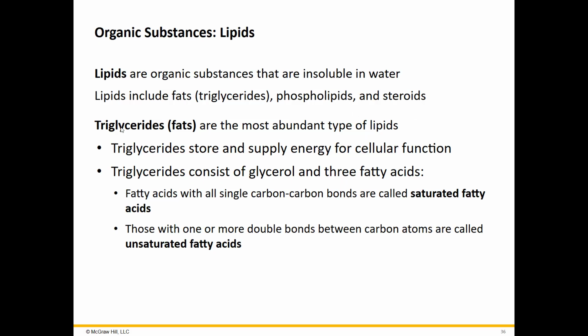So triglycerides, sometimes known as triacylglycerides, the acyl just refers to a part of its structure, are your fats, also known as lipids. You'll notice carbohydrates are also sugar, also saccharides. Lipids are also fats, also triglycerides or triacylglycerides. Triacylglycerides are the most abundant lipid in your body. They're used to store and supply energy. Well, didn't we just say that about carbohydrates? Yes, we did. They do the exact same thing, except